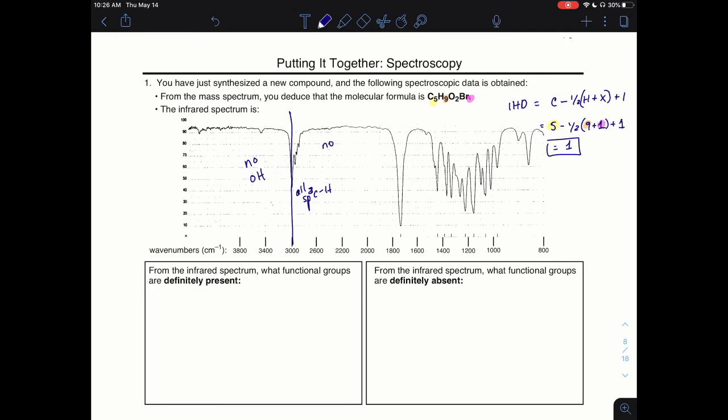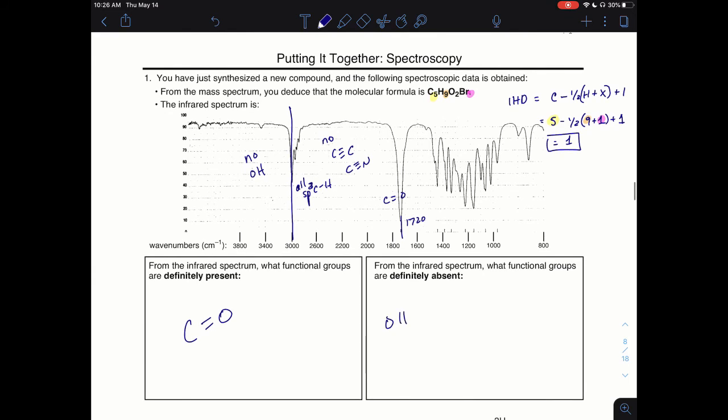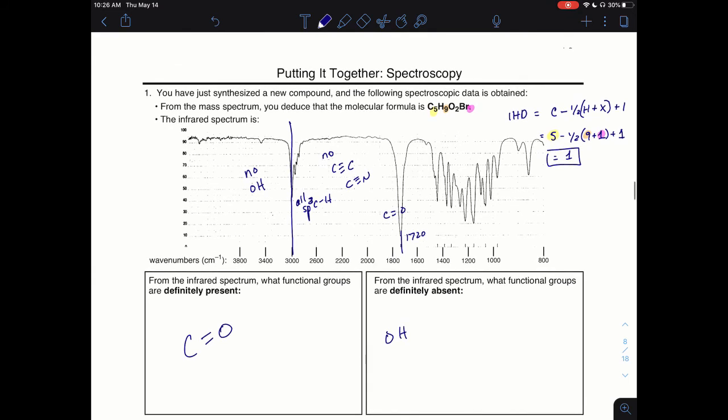We see there's no triple bonds. They come around 2200. But there is this nice peak right here around 1720-ish, and that is the carbonyl. So carbonyl is definitely present. And I don't see really much else. There's no OH. We said there were no triple bonds. There's no CC double bond. There's nothing here around 1600. So